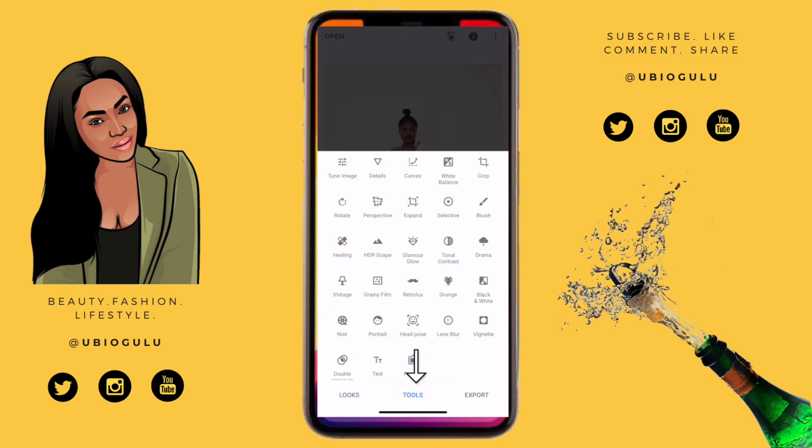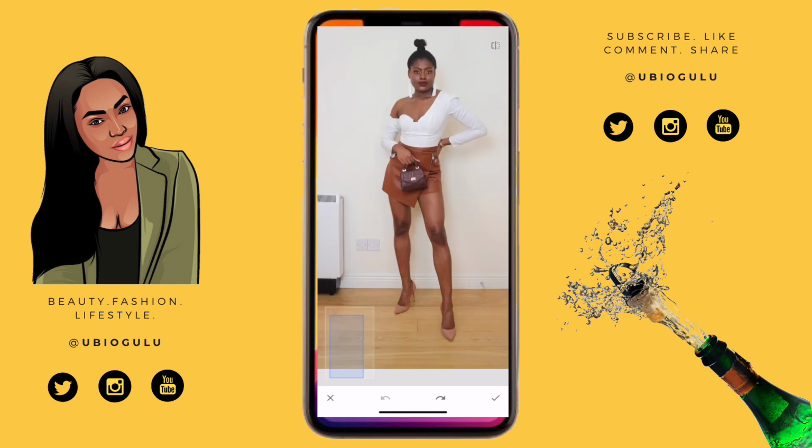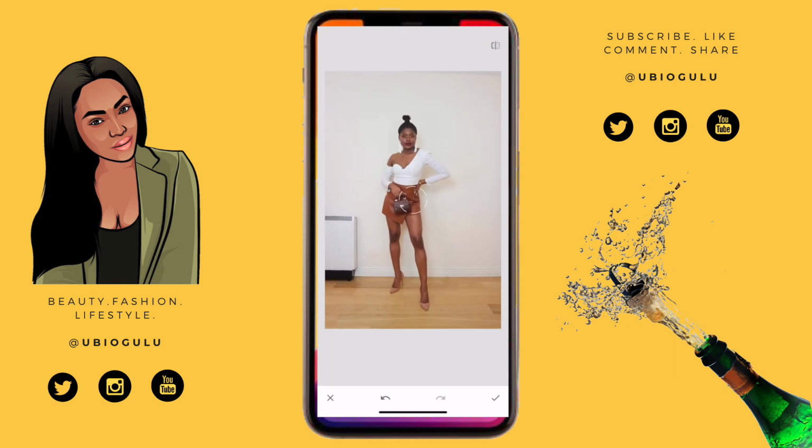Once you go into photos, go into tools, and on the left side going down, the third item you'll see is healing. Select that and then tap on the area you want to heal, and you can see you don't get to select where it replicates the cover from, so it can just do whatever it wants and it may or may not work. So you just have to keep zooming in and zooming out to make it work on Snapseed, but otherwise you can get the same thing done as you did on Facetune,